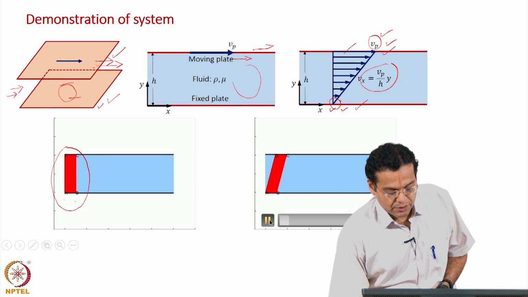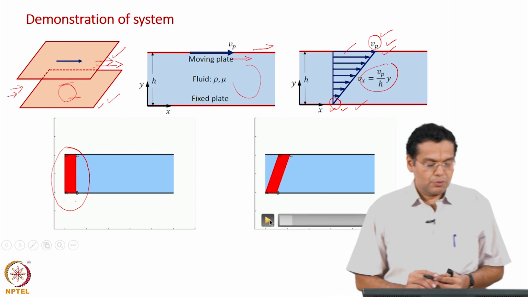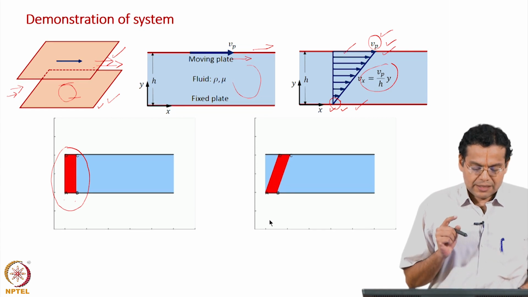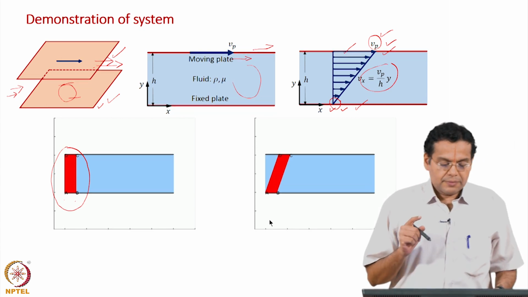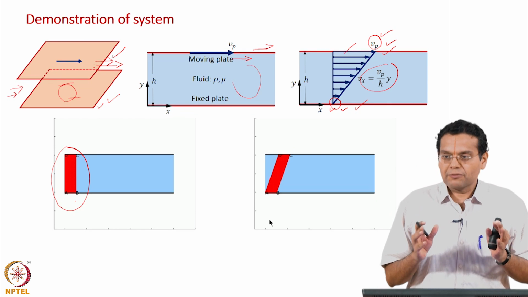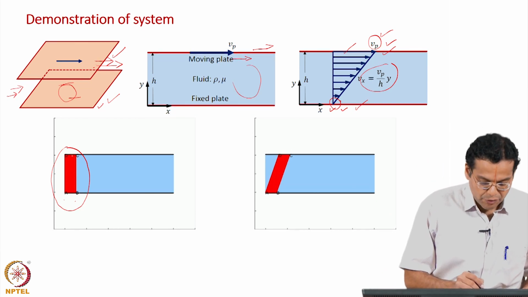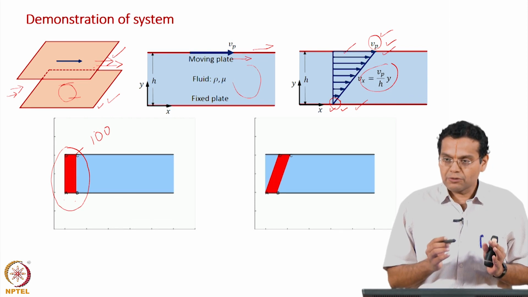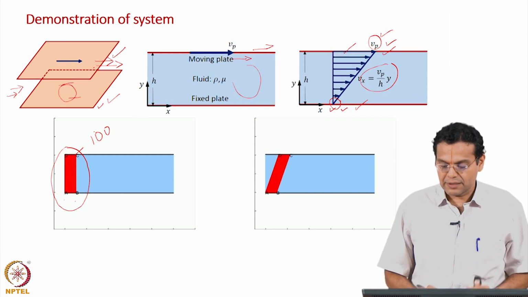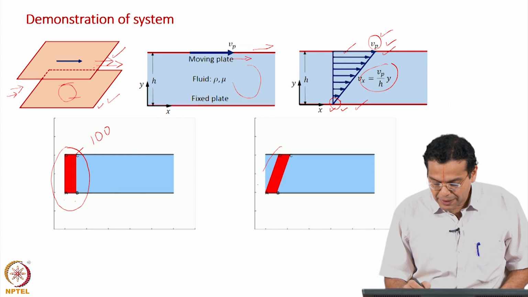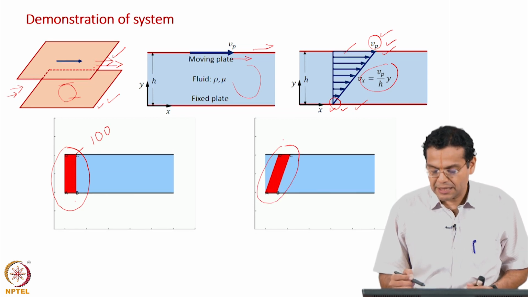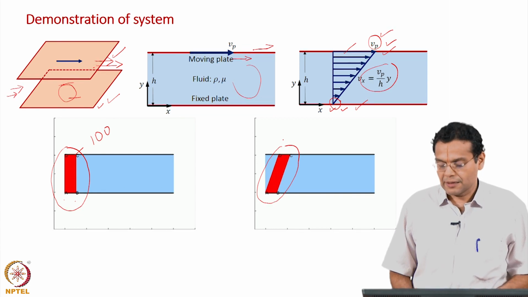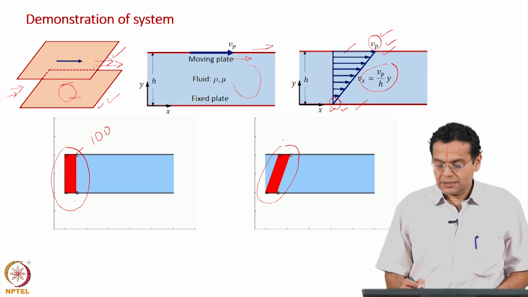Okay. Now, let me stop. What has happened now? First point, we said system is made up of a specific set of fluid particles. So, we have to focus only, let us say some 100 particles are there in this shaded region, we have to focus on those 100 particles always. Now, those 100 particles are occupying a shape like this, let us say it is a parallelogram here, it was a rectangle here. Now, why is this happening?